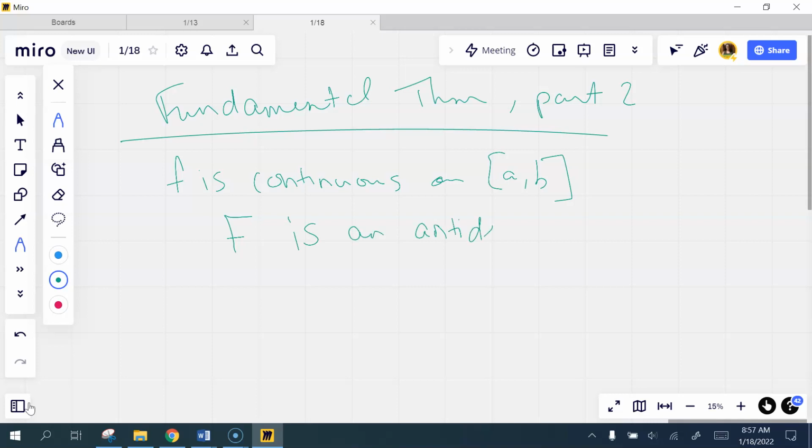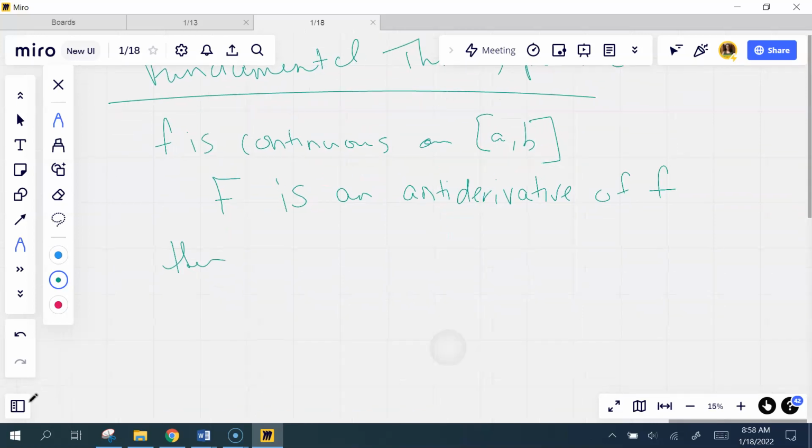F is an antiderivative of f. This is all your little caveats. Then when you see this, you'll go, oh, but we already know that. And you do. Then the integral from a to b of f of x dx